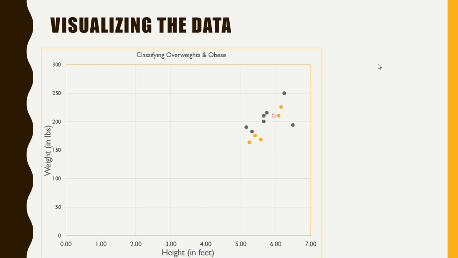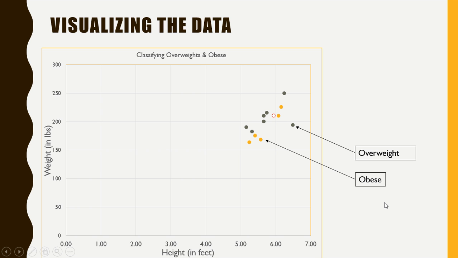So this is the visualization of the previous data set, and each of these points represents an observation. This graph has its x-axis as height in feet and its y-axis as weight, and these are the observations in the data set. Each of these gray dots represents an overweight person, and each of these yellow dots represents an obese person. Now see, amidst these we have a red circle, which is not colored as yellow or gray but is